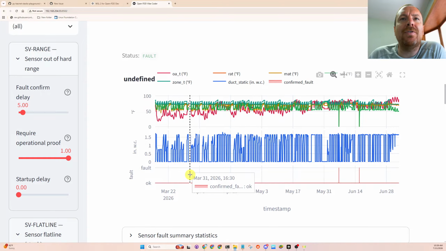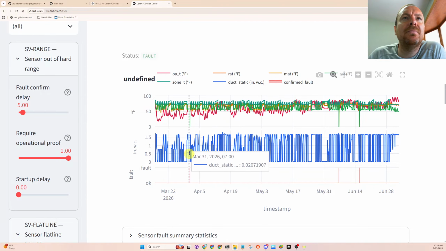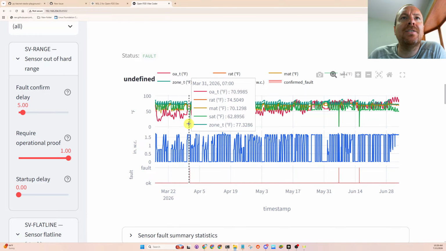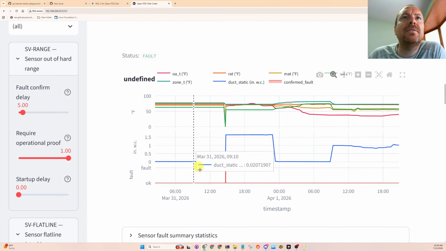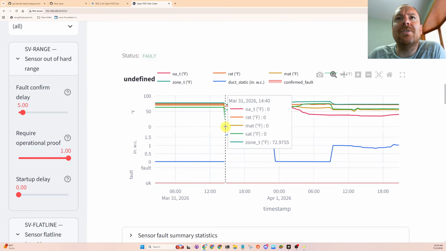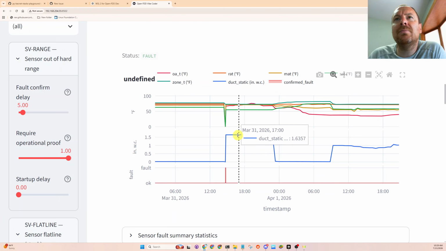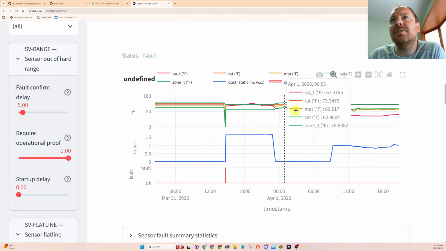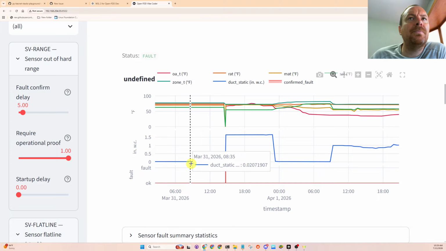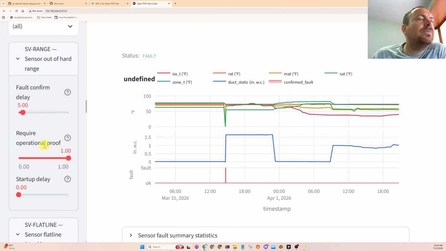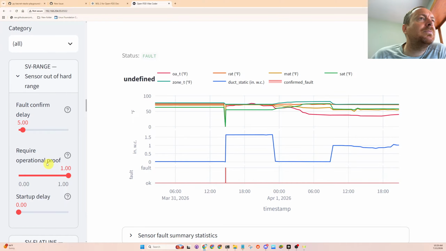So we recorded one fault down here, and I can see right here that a lot of the data read 0. So it's probably just some anomaly. Maybe the JACE or the control system was getting rebooted. There's our duct static pressure sensor. Fan was off during this period of time. So this is like a delay confirmation. So if we adjust this up,